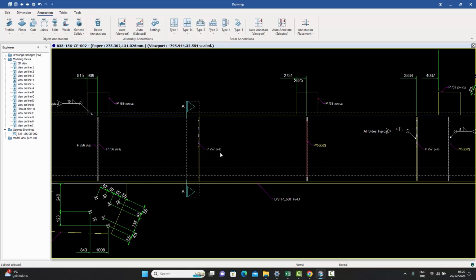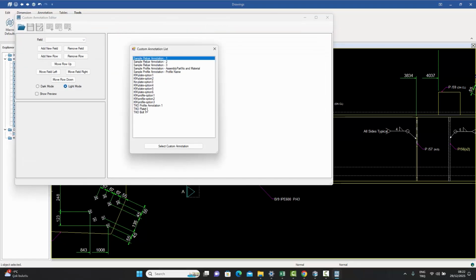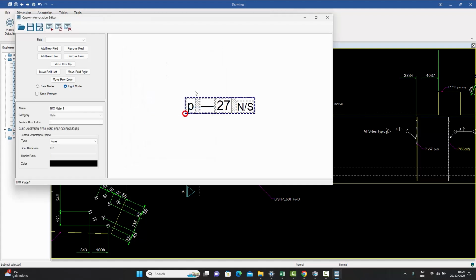Now, to use this feature, you would need to first go to the Tools menu and go to the Custom Annotation Catalog. And if you go inside, you will have to create a custom annotation. So we've already done that over here just to show you. You'll need to create a custom annotation in which you will put your part prefix field and the actual part number field, and you will need to put this part orientation field, which is showing N